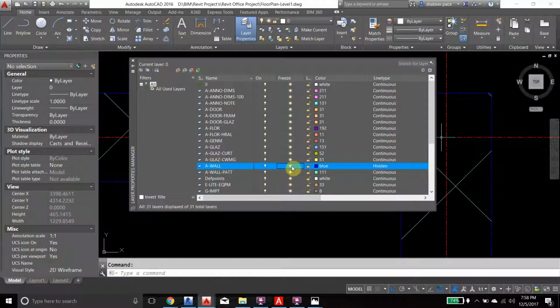So if you want to turn something off permanently or for a longer time, then we will use freeze. You can use on and off in your daily activities, on off, on off, on off. If you want to keep something off for a longer time, go for freeze. Okay,